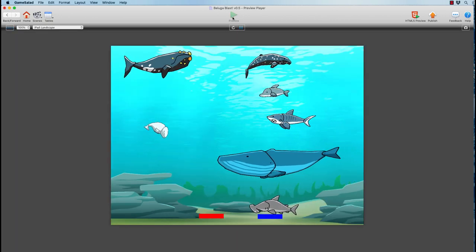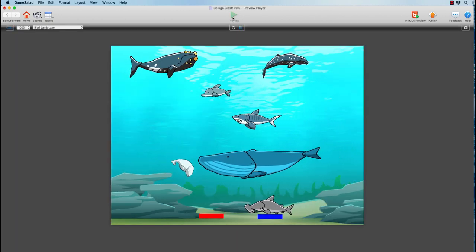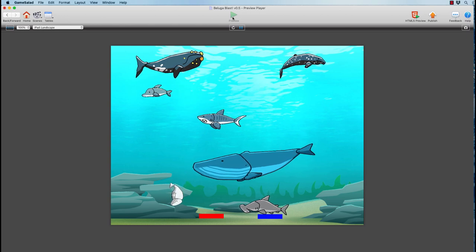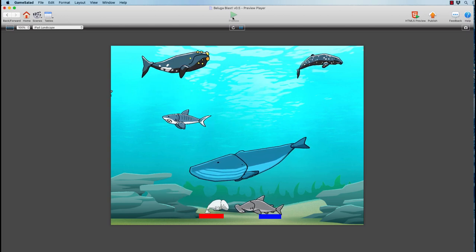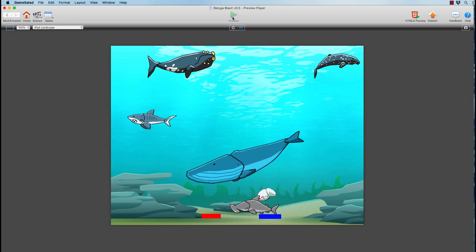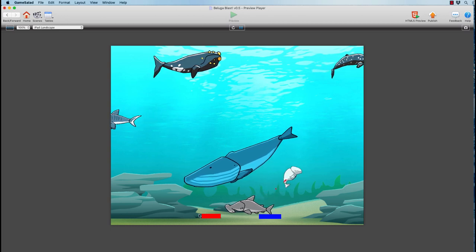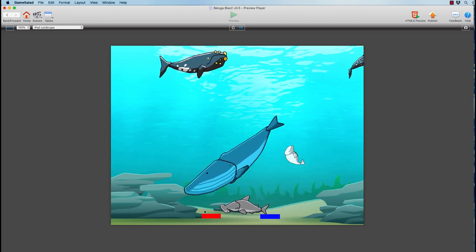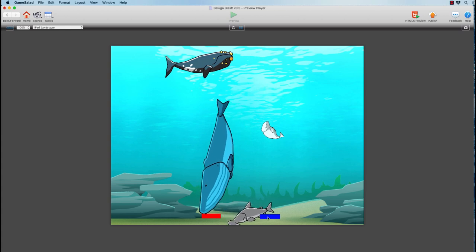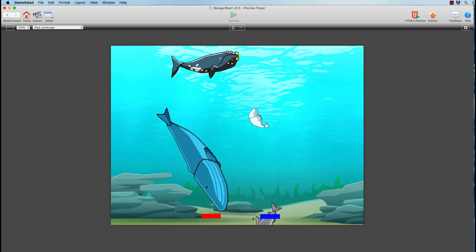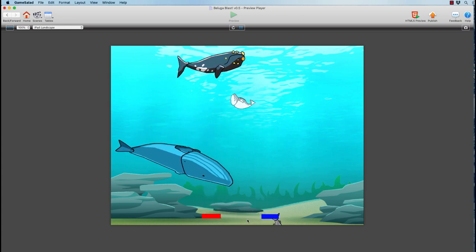So our beluga swims around, gets bumped by the blue whale. Let's have it go over here and get hurt by a hammerhead shark. You can see the little health bar just dropped by some amount. And then I'm going to let this go just a little bit longer. So you saw it shrink down there.